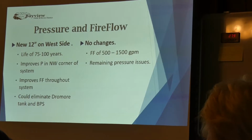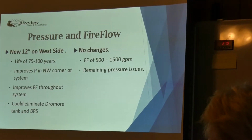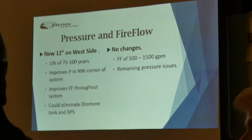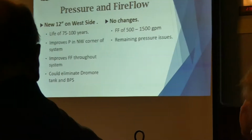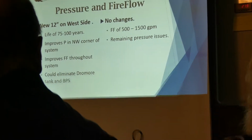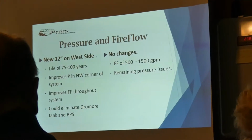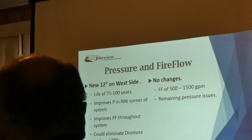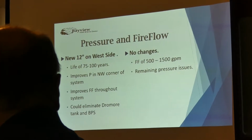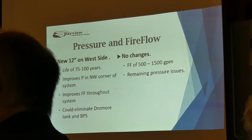And then pressure and fire flow, we have a couple issues here. One of the original alternatives was to keep the existing tank and run a 12-inch line all the way around Bayview up to the northwest where that new tank would go. And you can do that with a new tank or without a new tank. What that does, it gives you a longer life. It improves the pressure in the northwest corner in Drumore, and it gives you improved fire flow all the way through the system. One of the nice things is, by running that line, you could eliminate the Drumore tank entirely,